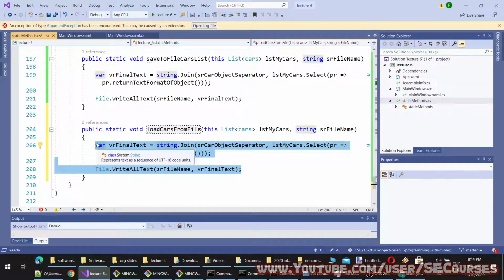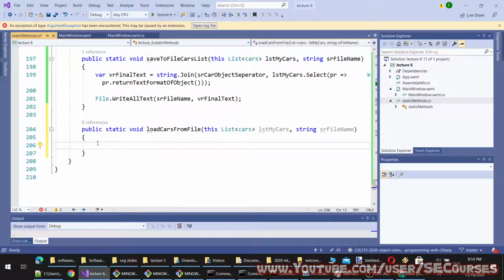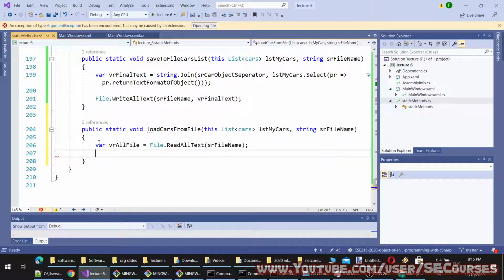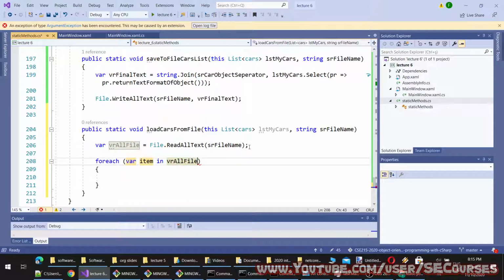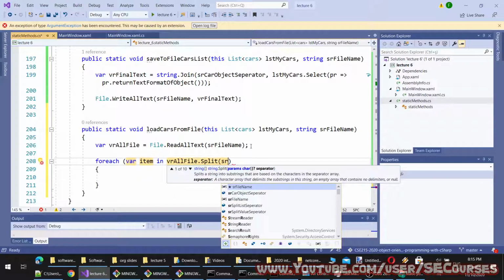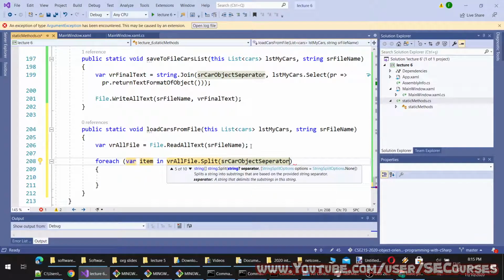And this time we will read all text as our file name, and then we are going to do for each split with our car object separator.